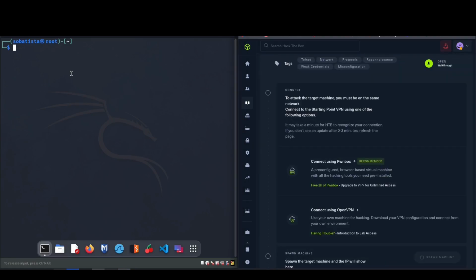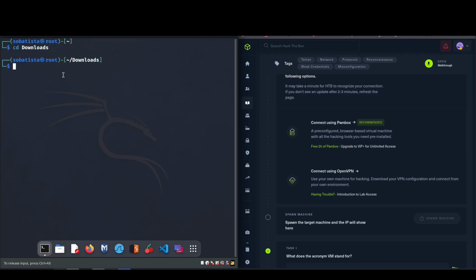So we are going to connect using OpenVPN on our terminal. To do that, we are going to use the command sudo. I have to change to downloads because that's where my VPN file is. To connect using VPN, we are going to use the following command: sudo